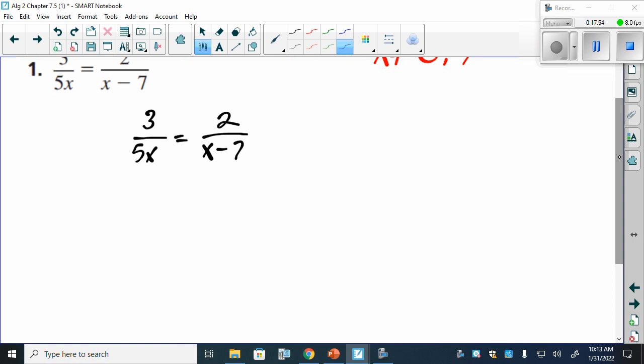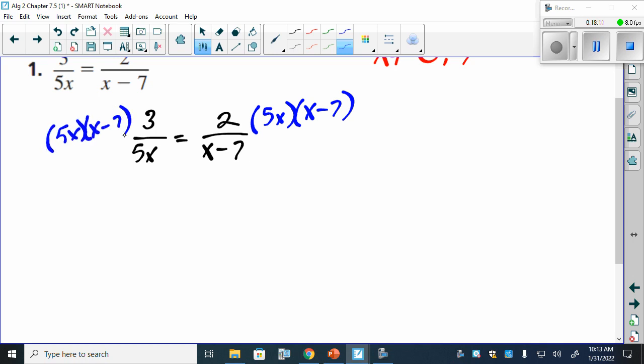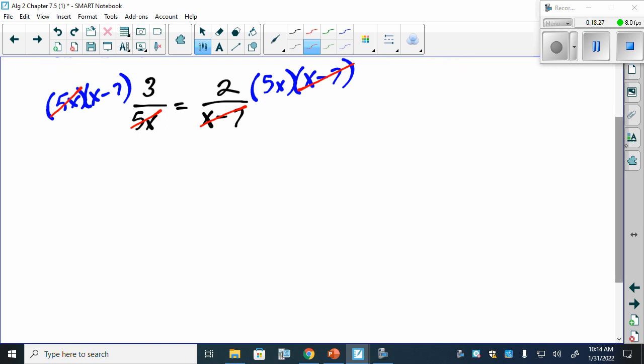Okay. Let's go on and start working this here. So what would we need to do first? Multiply by? And? Exactly. We're going to multiply both sides by 5x and x minus 7. And we're doing this to do what? What is the goal with this? To cancel out the bottom terms, to cancel out these denominators. Because here the 5x and 5x will cancel. Here the x minus 7 and x minus 7 will cancel out, leaving us with 3 times x minus 7 is equal to 2 times